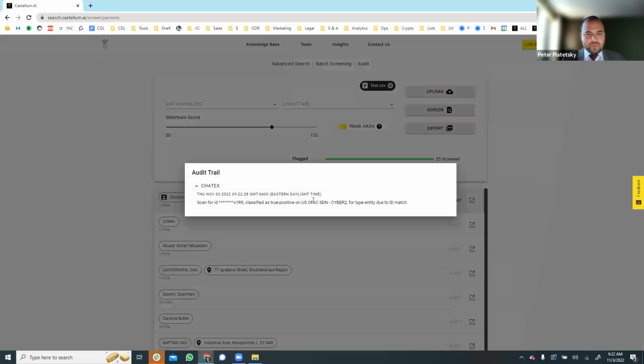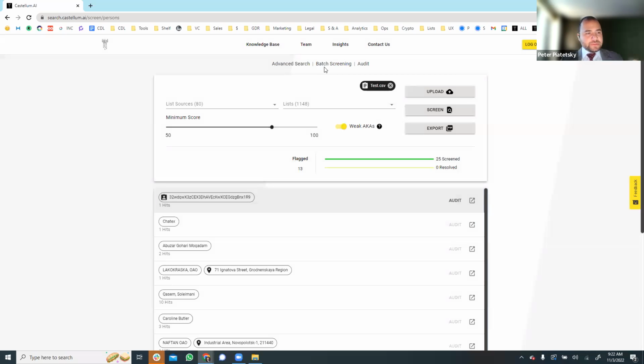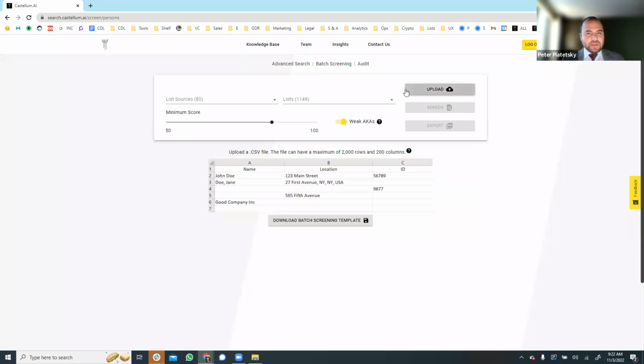And we are also adding a feature later this month, which will allow you to schedule these screens. So right now, you have to do this manually. Towards the end of this month, you will be able to say, I want this to run every morning at 9 a.m., for example. So I know we're about out of time, but just as a quick overview,